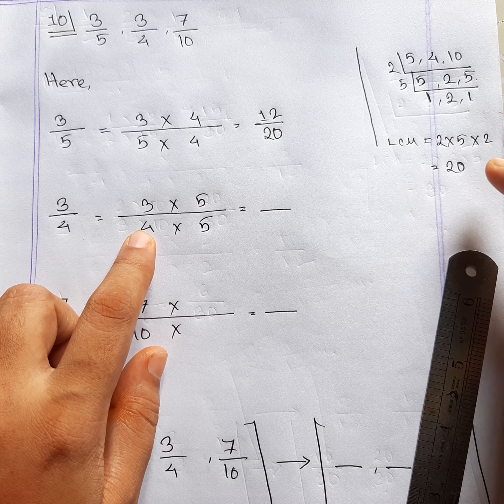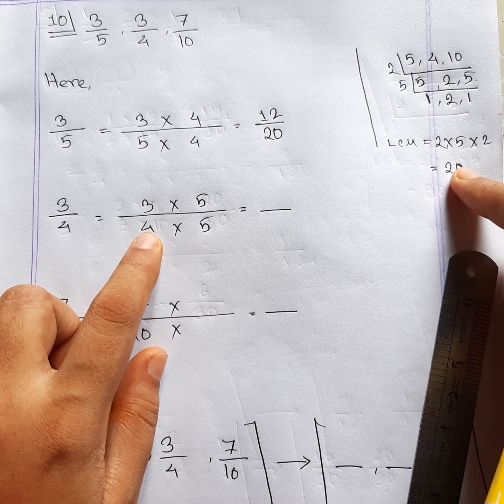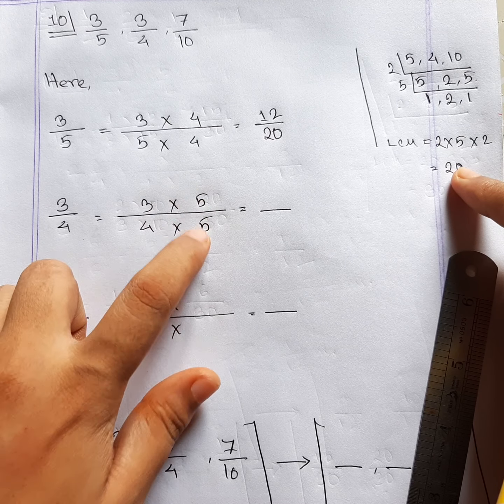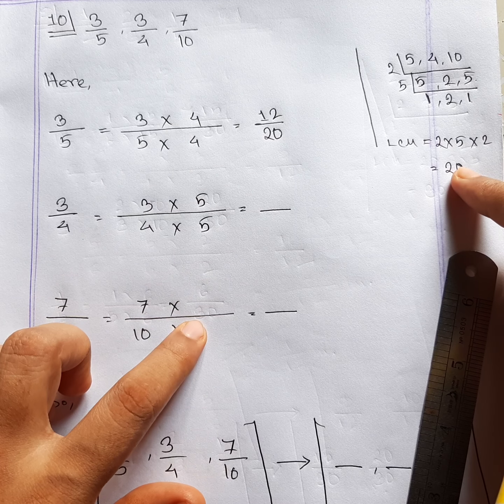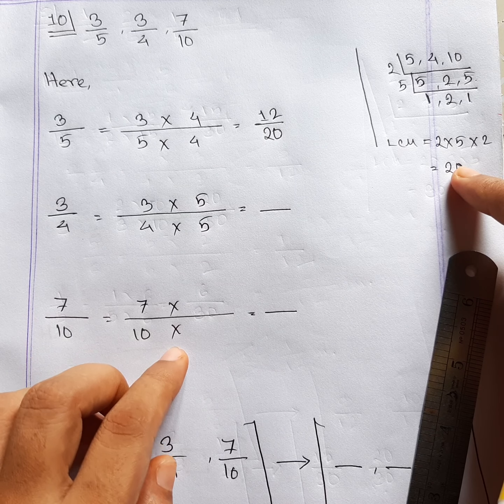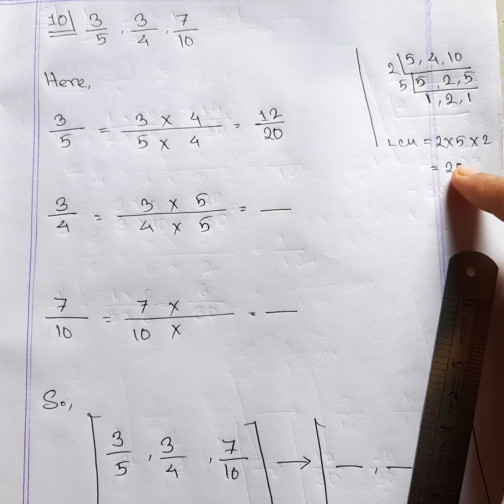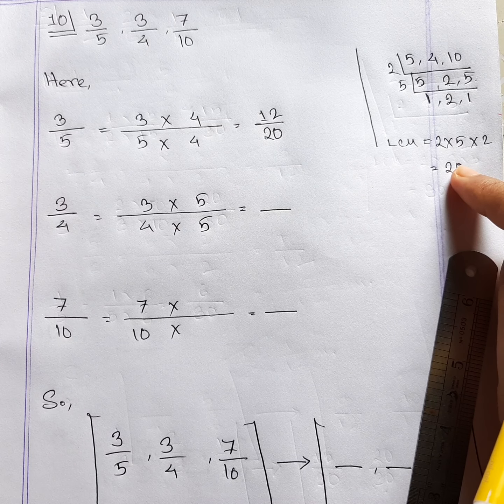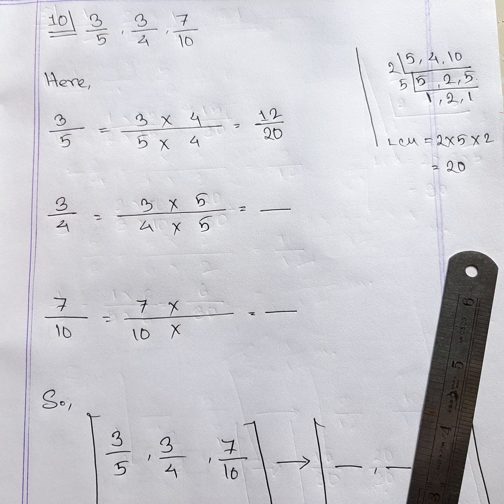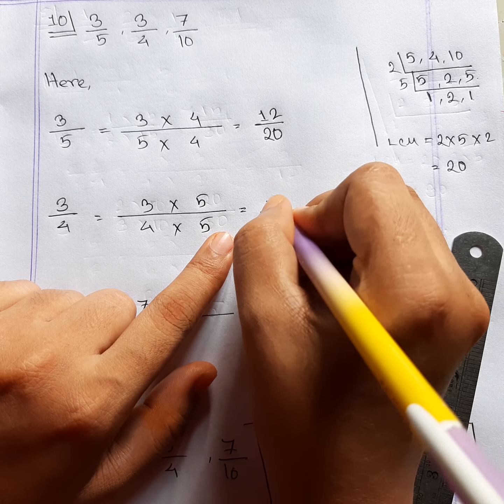If you are finding the quotient out of this denominator and LCM, then you have to multiply the quotient over here. You cannot multiply over here. You cannot do that. We cannot go around changing the logic or not following the rules. It's not possible. The math will be wrong. Okay.